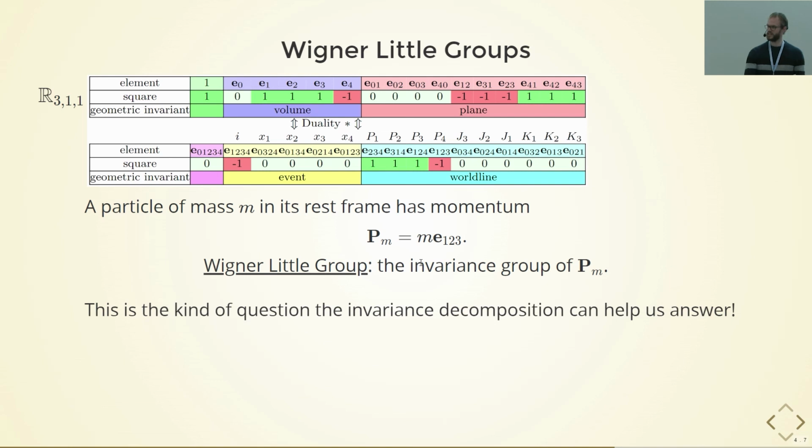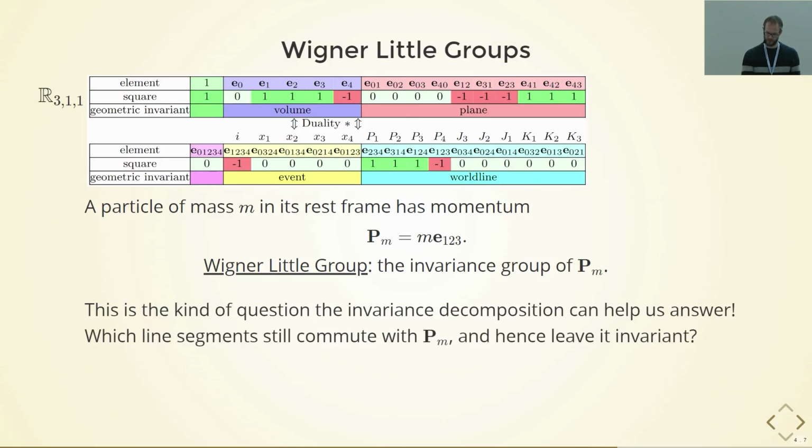And this is exactly the kind of question we had the invariant decomposition for, right? That is exactly the thing that helps us find the commuting subspaces. So if I just do it for this specific particle at rest, where I know exactly that it is proportional to E1, 2, 3, which elements can I find that leave this invariant, or that commute with it, in other words? So those are these three elements,